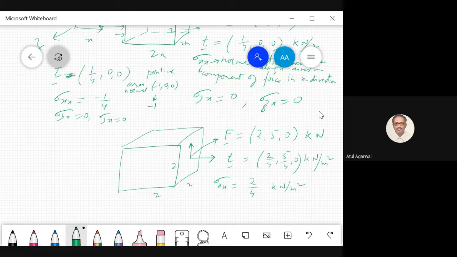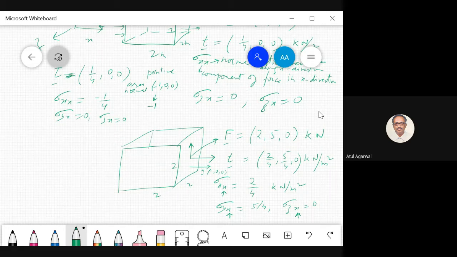You see, area normal is 1 0 0. So I will take whatever the sign of traction is. So this is positive. So if this is positive, again I get positive. If this is negative, I again get negative. So sign of stress and traction vector remain same. My first index represents the area normal direction. Index on the left side represents force component, whatever is the force component.